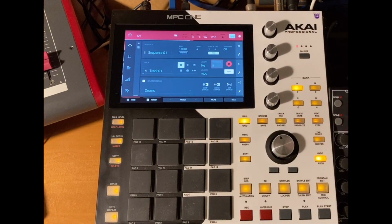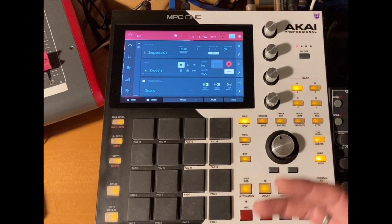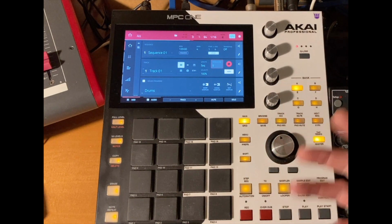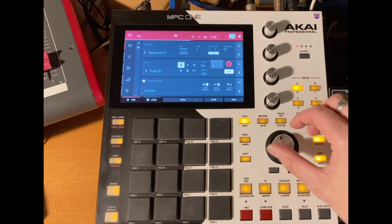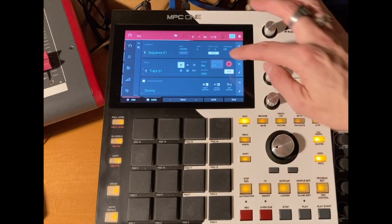So you might be thinking, well, why am I going to use this? Well, there's a lot of people that like using this method of playback. It allows you to not have to press play on the sequencer. You don't even have to use the sequencer. You could have synchronized loops, say drums that are already at the same tempo, and you could live trigger those to get a more live playback along with drones, sound effects, vocals, or anything else that you want to loop. And you can just play all that from a drum program as long as you've got this set to anything other than off. So you could set up a whole bank, put it on a particular track,